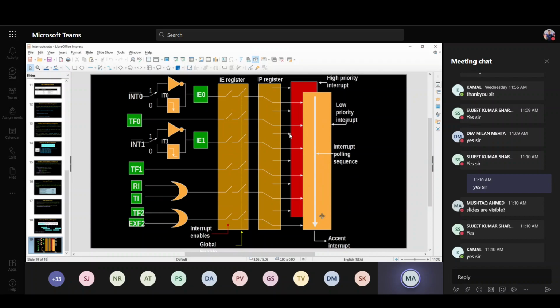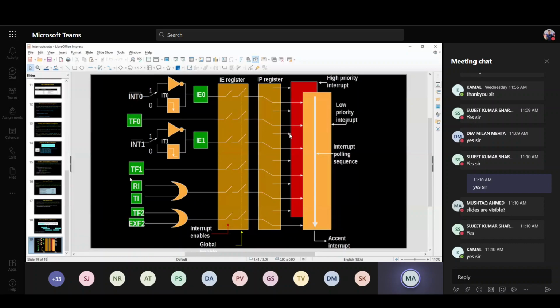If two interrupts have the same priority, then we perform polling. Polling means the CPU checks in round robin fashion which interrupt should be executed first. So this is the general block diagram of how interrupts are executed.